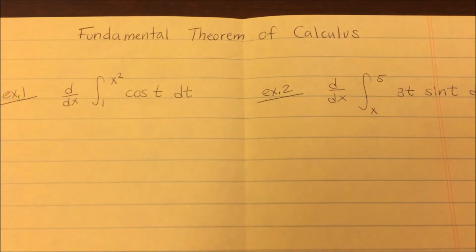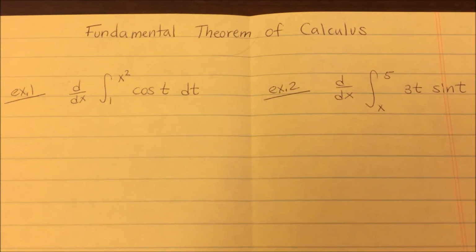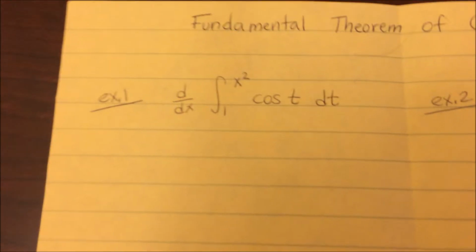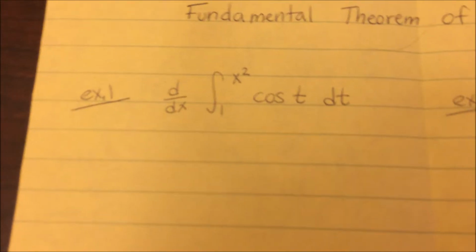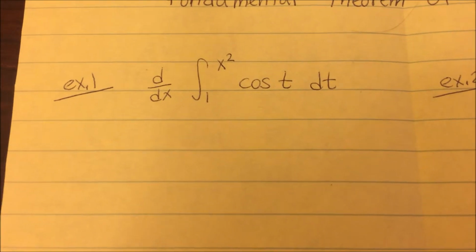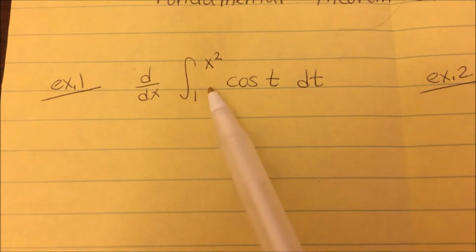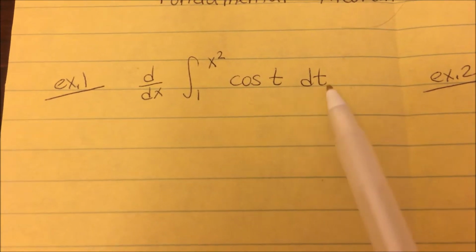The section is called Fundamental Theorem of Calculus, and this is in Chapter 5 when we address this. So I'm going to address 3 examples of this because we keep on approaching these kinds of problems when we do our AP practice problems. So when you have an example 1, and we have a derivative of the integration of cosine t dt with